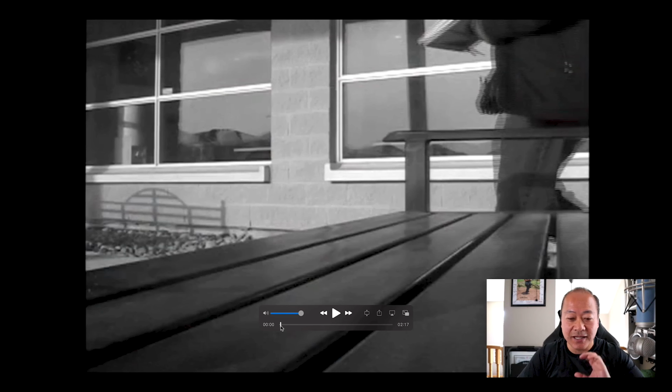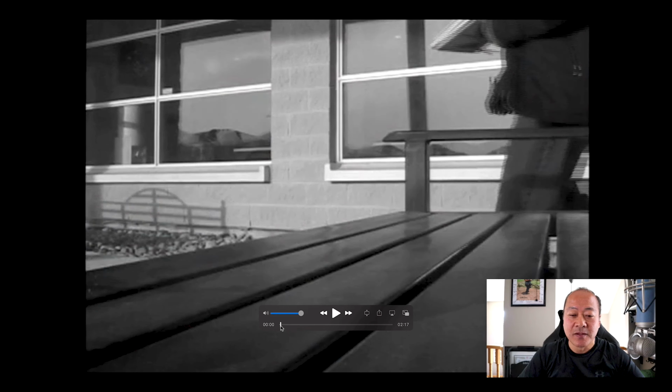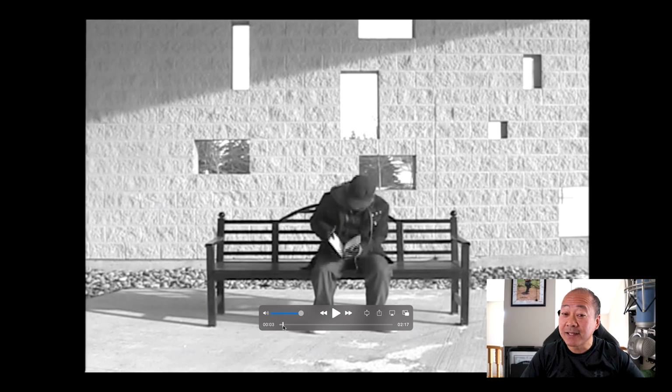So, if you take a look at all these different shots, look at the angle of this shot. The camera's like right on the bench. Person sits down, it's a wide shot. And the nice thing about this, too, it's a single scene. Really, it is. It's just one location, and you don't have to worry about it.